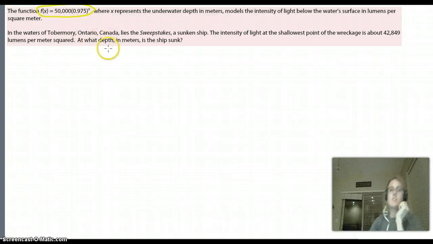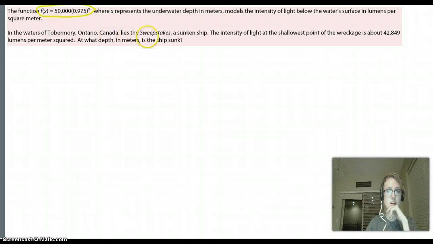This function gives us, as you can imagine, as you get deeper and deeper in the ocean, the light intensity, or the brightness, gets smaller and smaller because the sun has to go through more water. So down at the bottom of the ocean, it's darker than it is near the surface. This function lets us know what the light intensity is at different depths of the ocean. So here it tells us that in the waters of